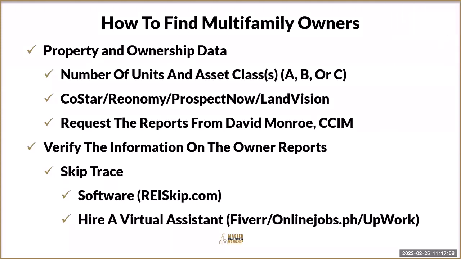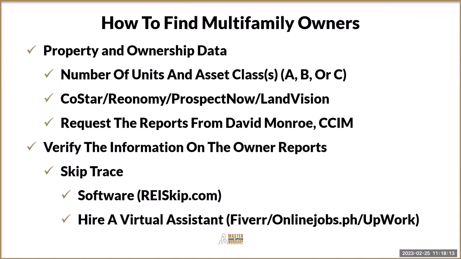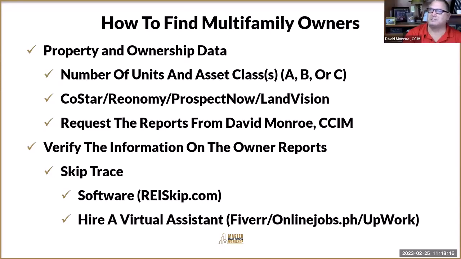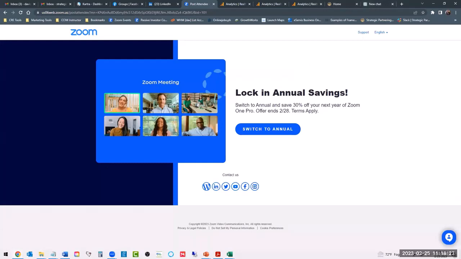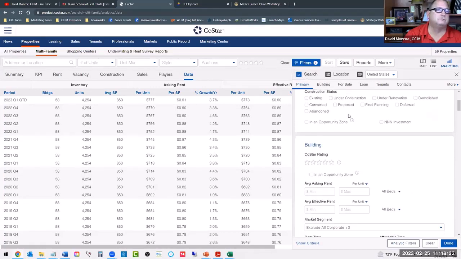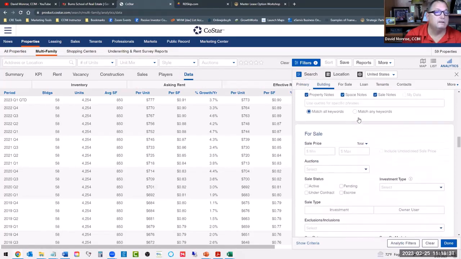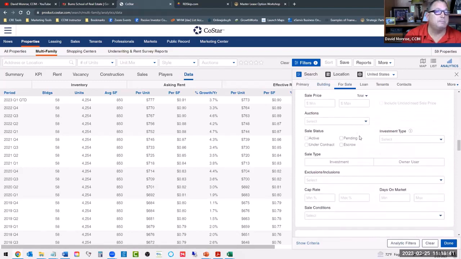Hey, question, David. Within CoStar, do you have the option to determine how long someone has owned the property for? Yeah, you can do that in a search. Yes. Okay. I'm not providing that service as part of this. I don't want to make this too complicated. We've got my time involved here as well. But if we go back to CoStar, and I go to my search filters,